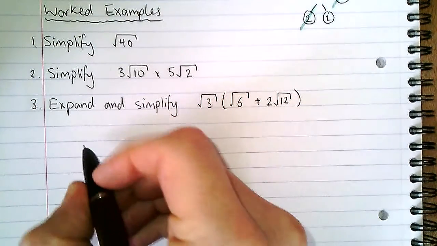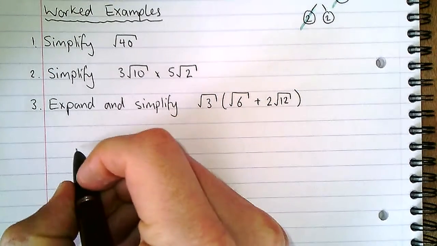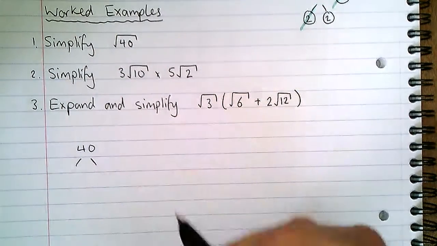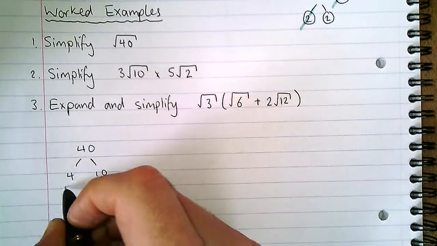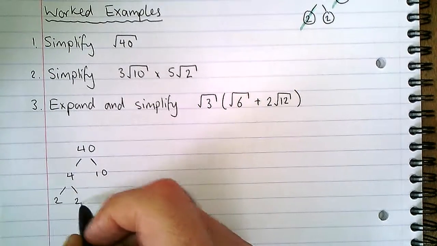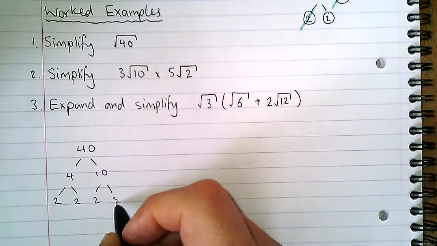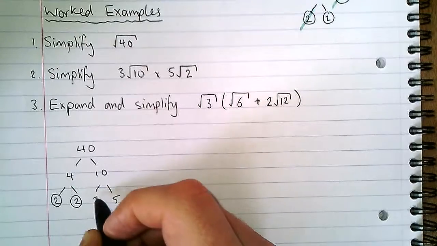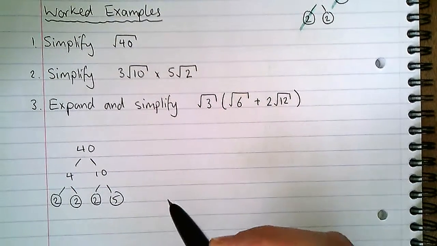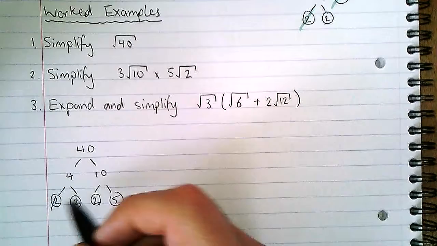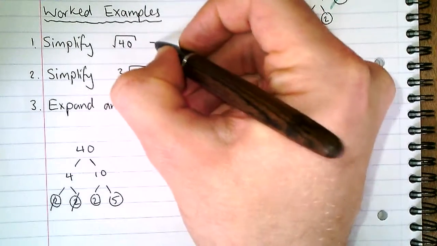Again here I'm going to write the number 40 out, and I'm going to break this down using my prime factor tree, so I can think of this as 4 multiplied by 10. 4 will be 2 times 2, and 10 will be 2 times 5. Circle all those ones up because they're all prime. So remember now I'm looking for things that pair. So here I can see a pair of 2's, so it means that I'm going to have 2 on the